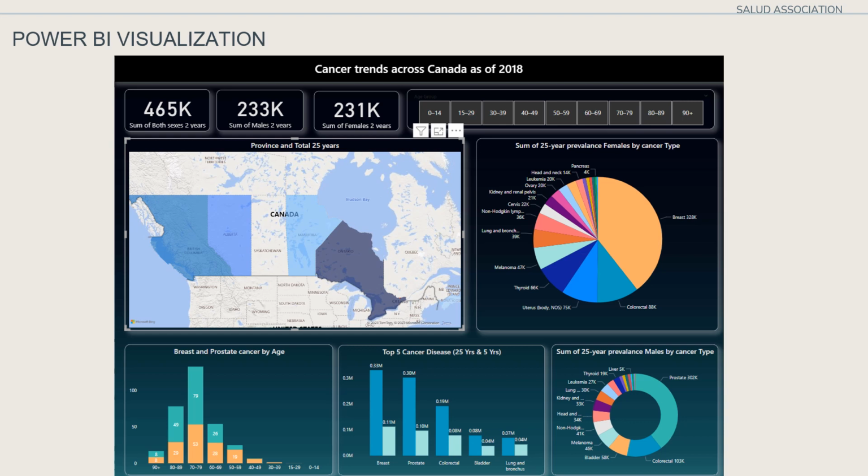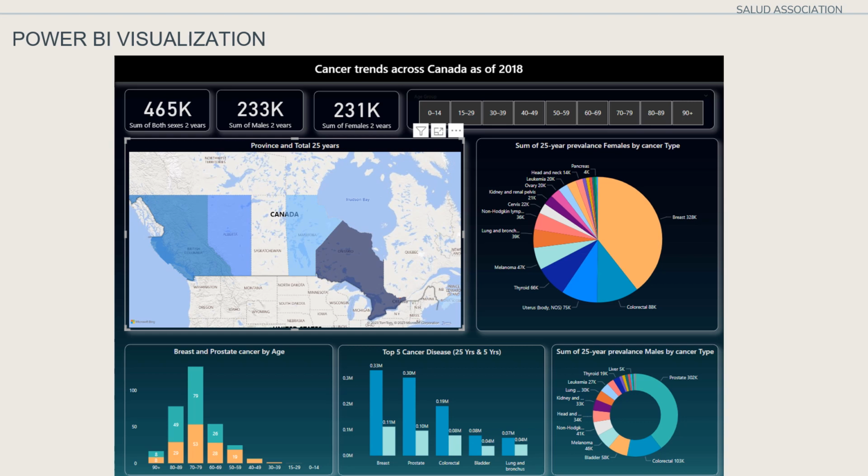And if we look into that in more detail, in terms of females, in the last 25 years, an average of 220,000 females suffered from breast cancer, followed by colorectal cancer. And at the same time, if we look into the males, then an average of 320,000 suffered from prostate cancer, followed by colorectal cancer. And now, when we dive into the age group, 70 to 79 years of age group,